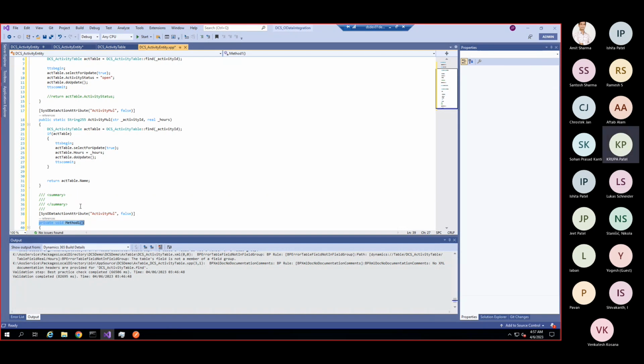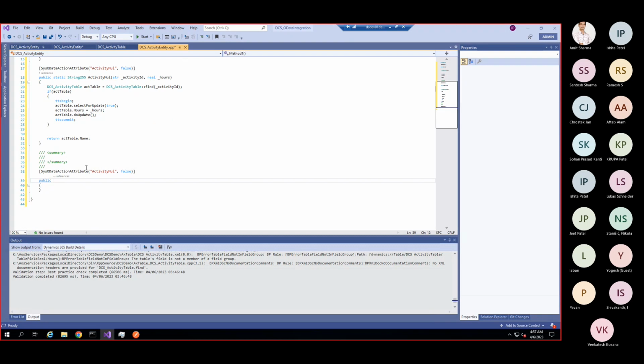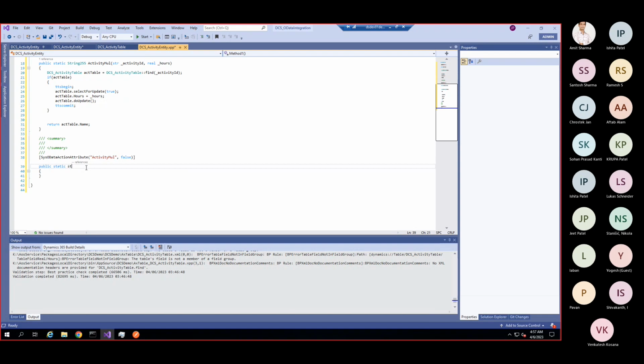Here I'm passing one name, activity, and I am passing two parameters, that is string activity ID and hours.